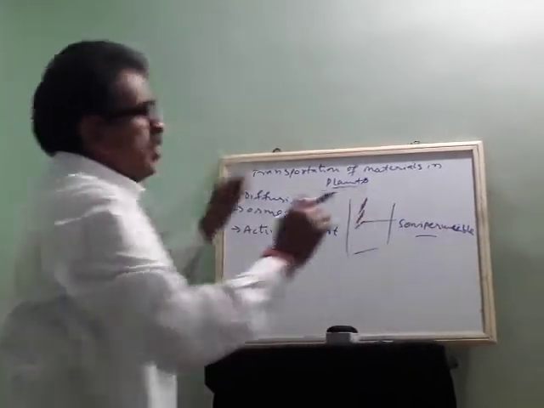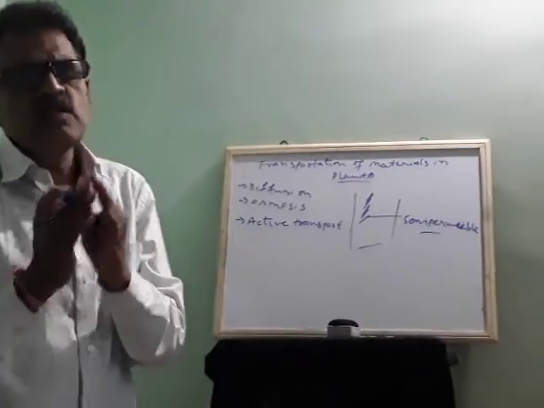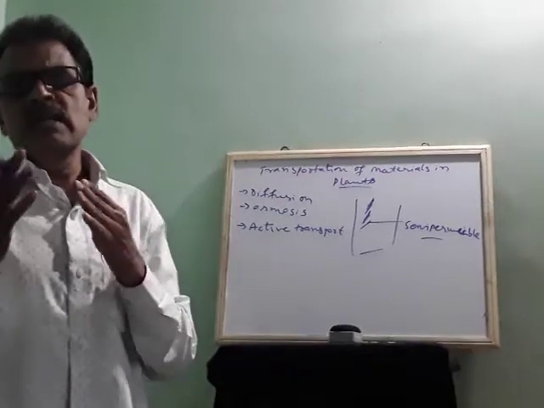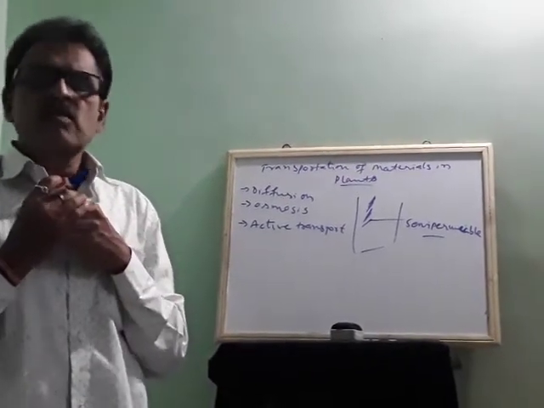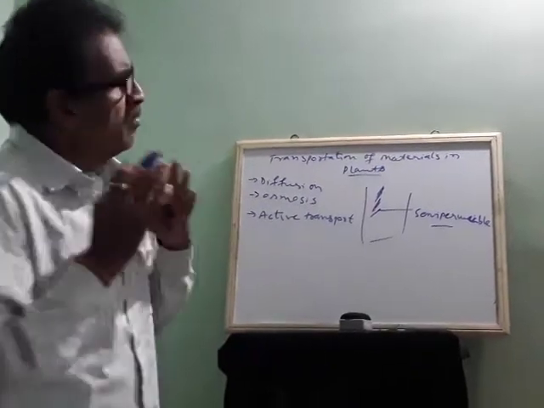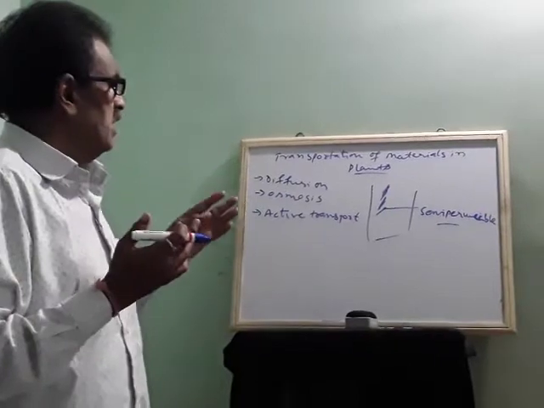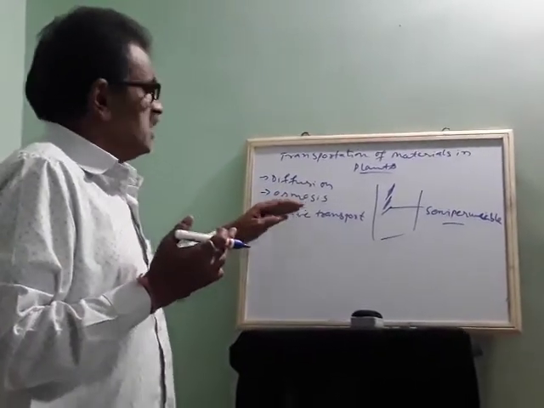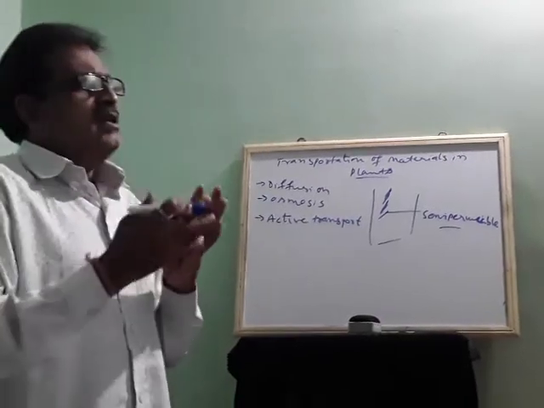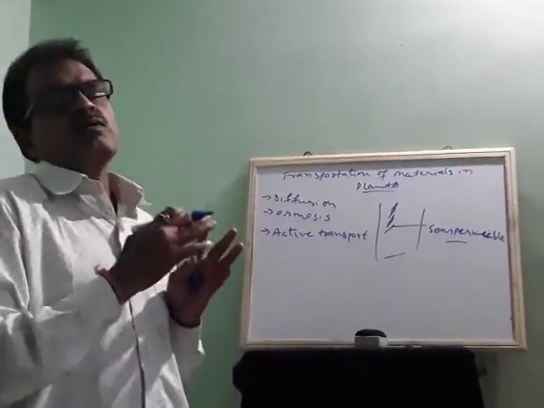The function of a semi-permeable membrane is to allow only the required particles to enter through it. Almost all solvent, liquid particles can enter, but most of the solute or solid particles are not allowed to enter from one part of the cell or one part of the plant body to the other part. So in this way osmosis takes place, the movement of molecules from higher concentration to lower concentration.